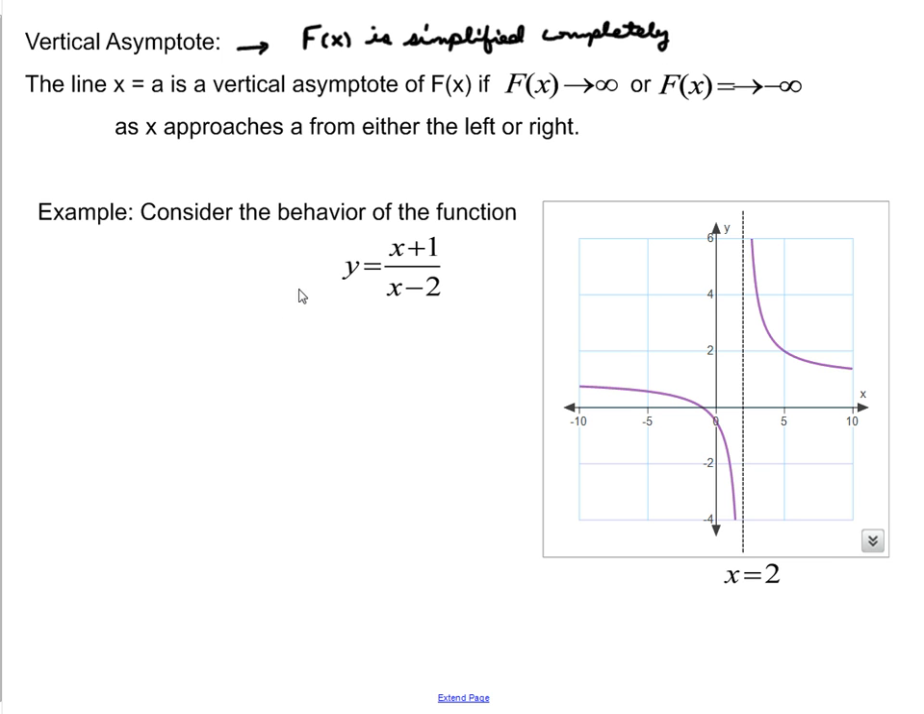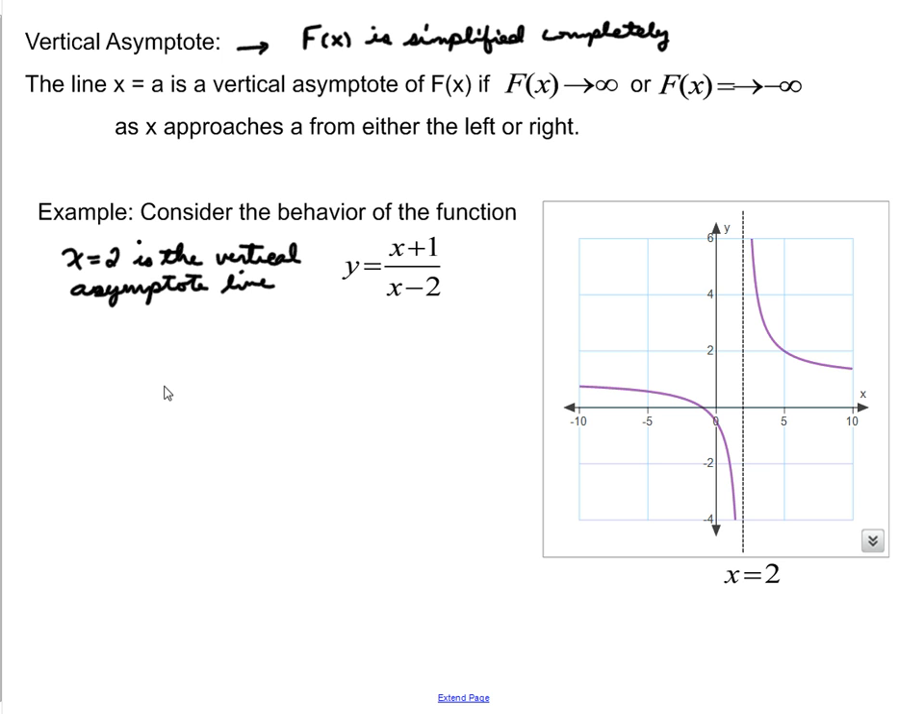Now, in this case, our function y equals x plus 1 over x minus 2 is already completely simplified. There are no common factors in the numerator and denominator, and so we can find the vertical asymptote very easily. In this case, we know that the domain excludes x equals 2. x equals 2 is the vertical asymptote line, I should say, because it is a line, shown here in dashed form,